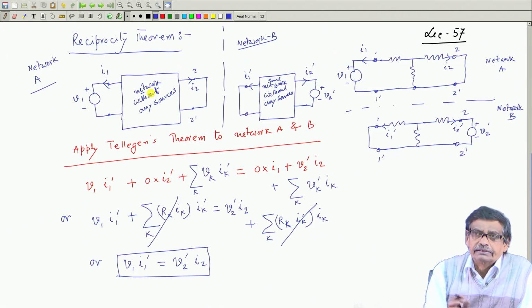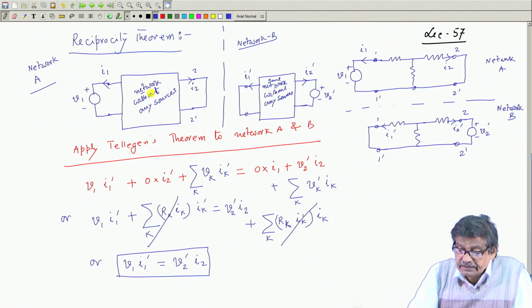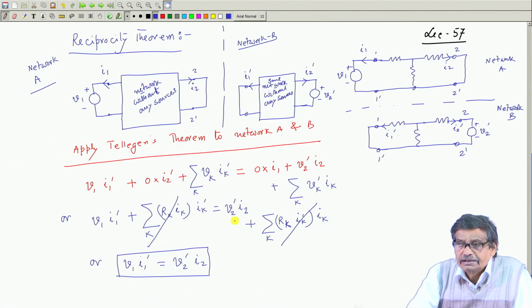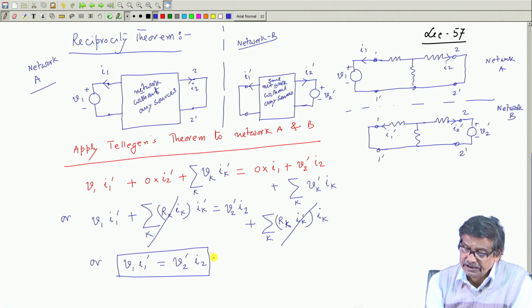However, it could be impedances ZS also, because V k can be written as Z k into I k. So, wherever resistances I have put, this could be replaced by ZS. That is, the energy storing elements may be there, but with the condition that they are not having any initial currents. That is the thing. Anyway, we have got this very important result,